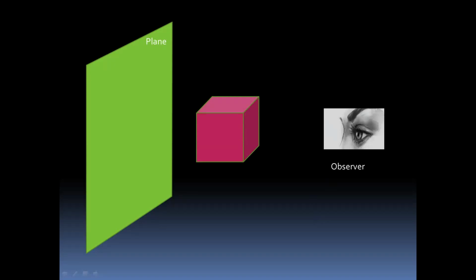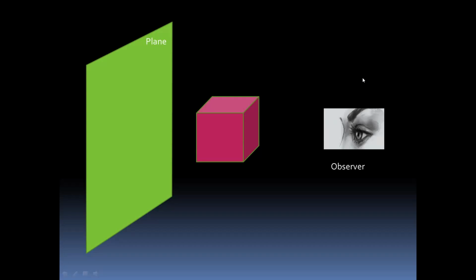The observer will imagine that these visible outlines are projected on this plane.